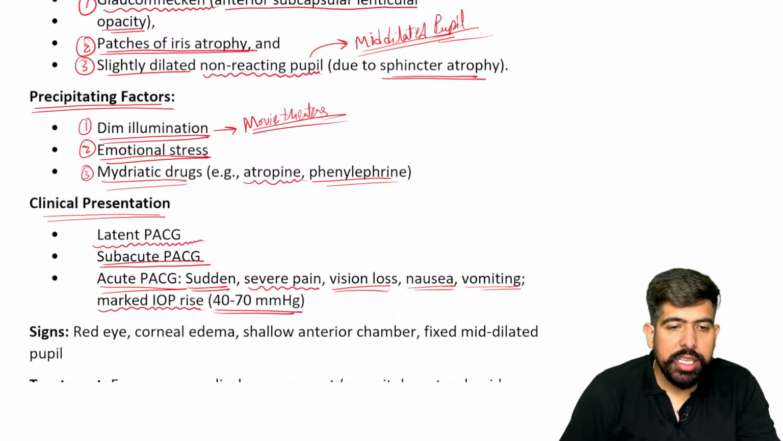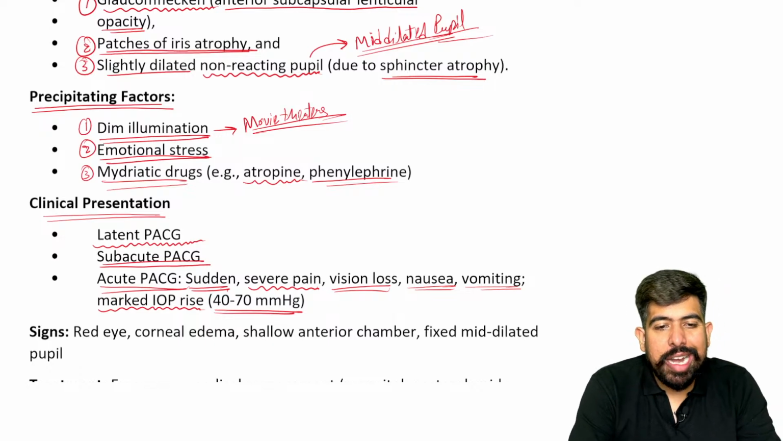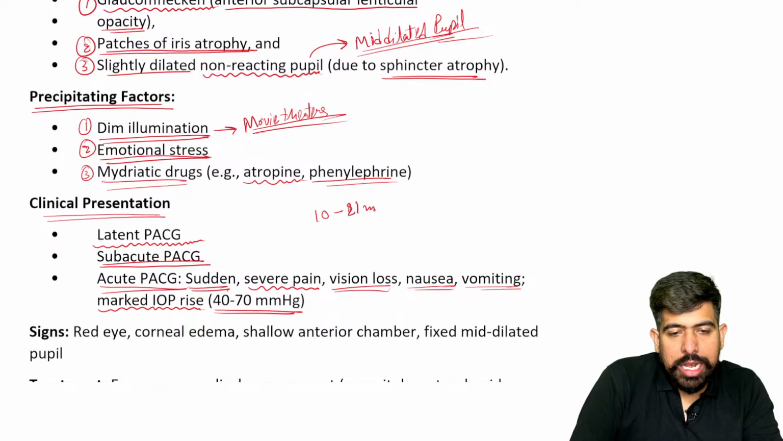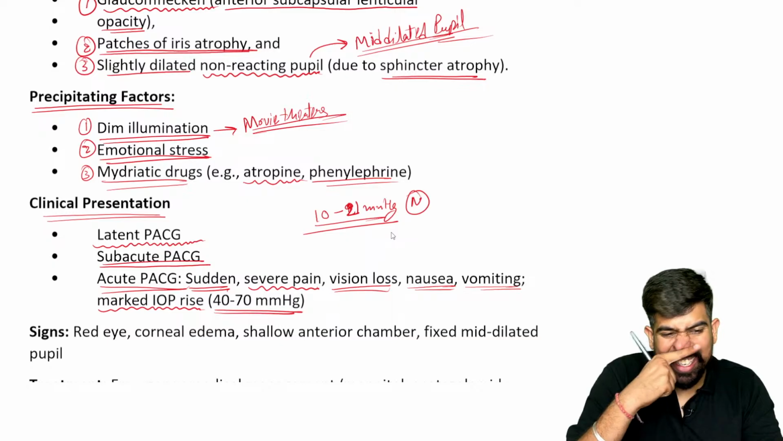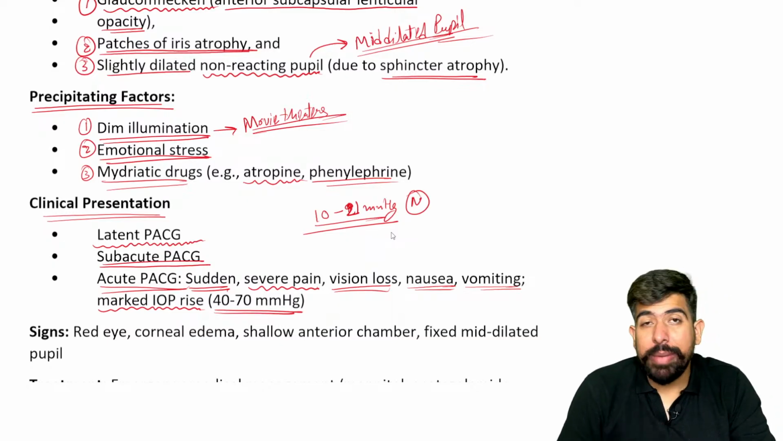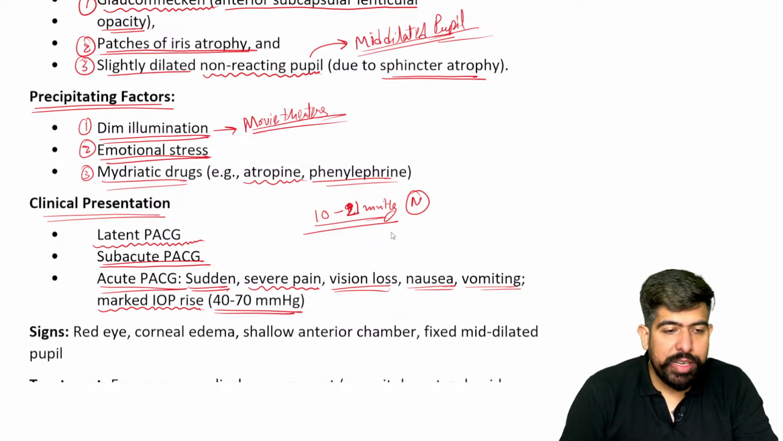Guys, I already told you the normal value of intraocular pressure. I hope you remember it. What is this? This is 10 to 21 mmHg. Just writing it again here, 10 to 21 mmHg is the normal value, right? But if it is markedly increasing in acute primary angle closure glaucoma, near 40 to 70,